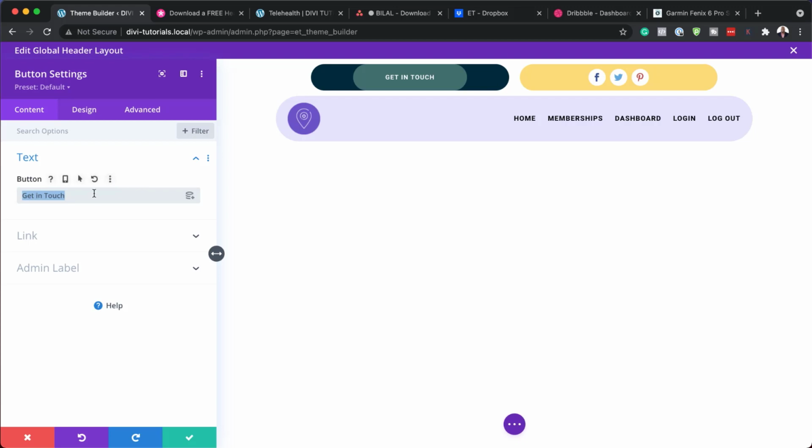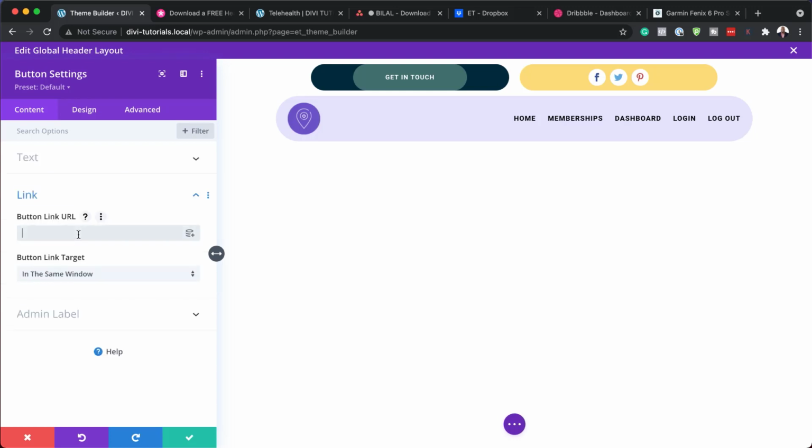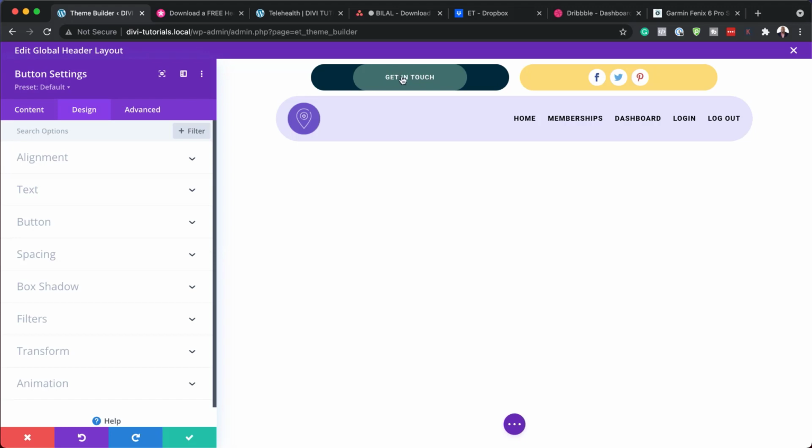You can adjust this and make it whatever you want. You can just add whatever text you want in here. Over here, this is where you can add your button URL. So I'm just going to add a blank link, but in your case, this needs to link to the page itself. Okay. Over here on the design tab, if you want to change the way this button looks,